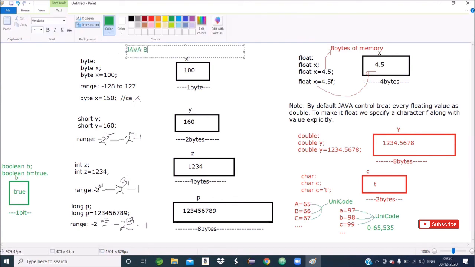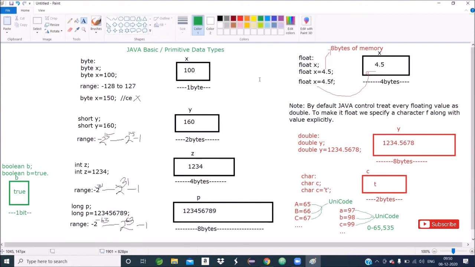So this is all about the Java basic or primitive data types. I hope you got the clarity. Give a response. Byte, short, int, long all come under integer data types.